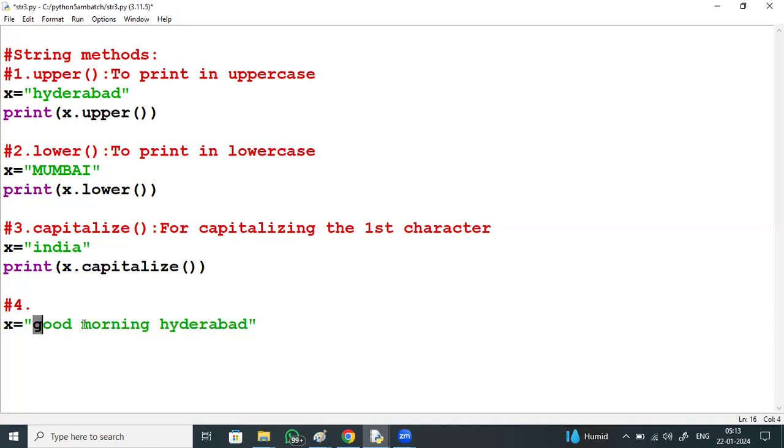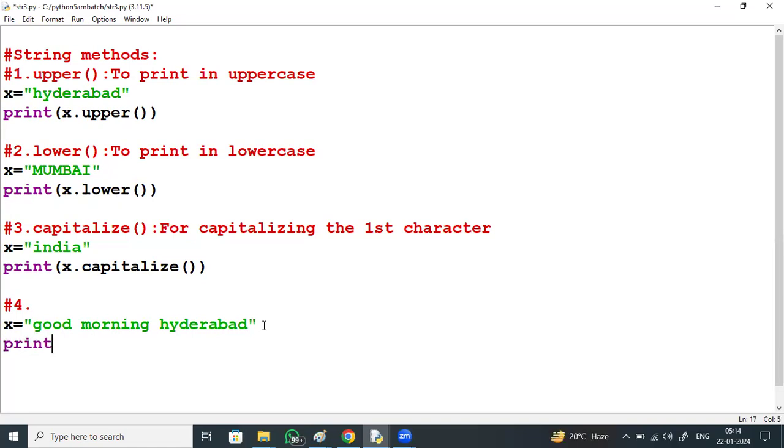G in uppercase I want, M in uppercase, H in uppercase. Good morning, Hyderabad. Every word's first character I want in uppercase.